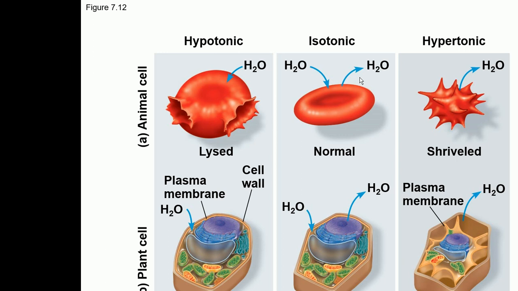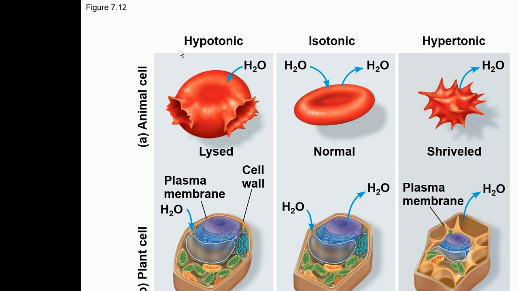So the osmosis is going to take place from inside of the cells to outside the cells, which means the water is going to move from the inside of cells to the outside of the cells. So when the water moves from inside to outside of the cells, they lose water, they shrink.